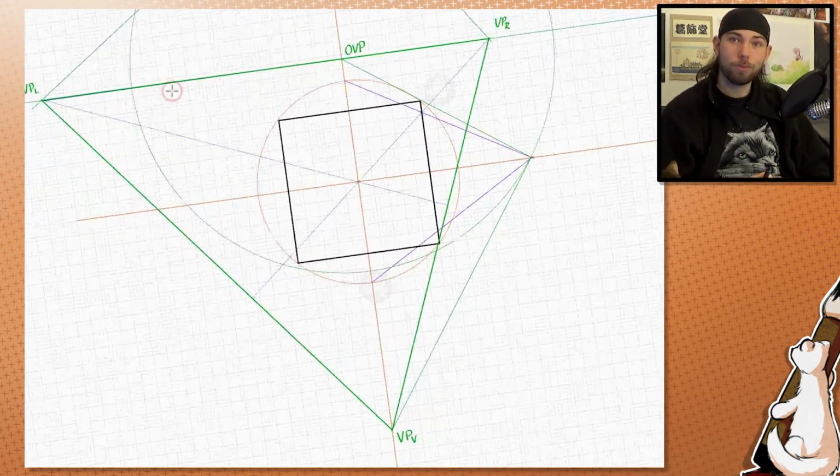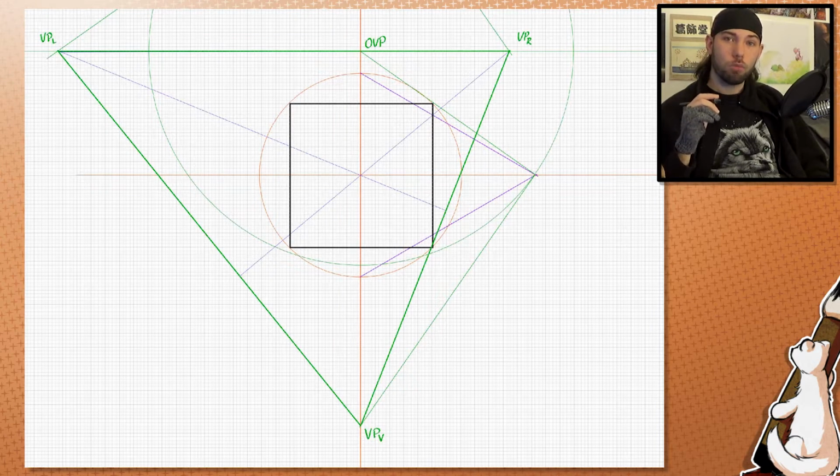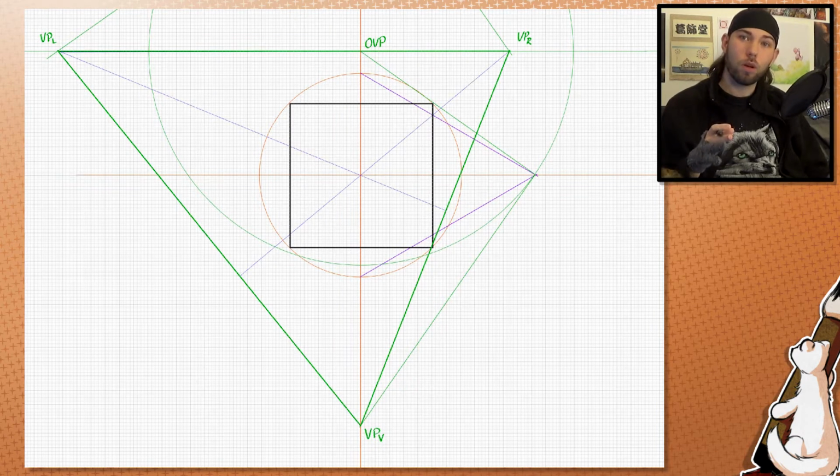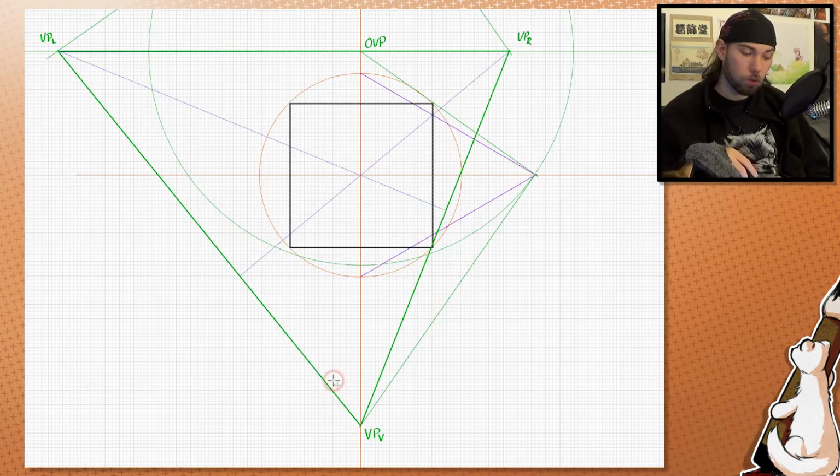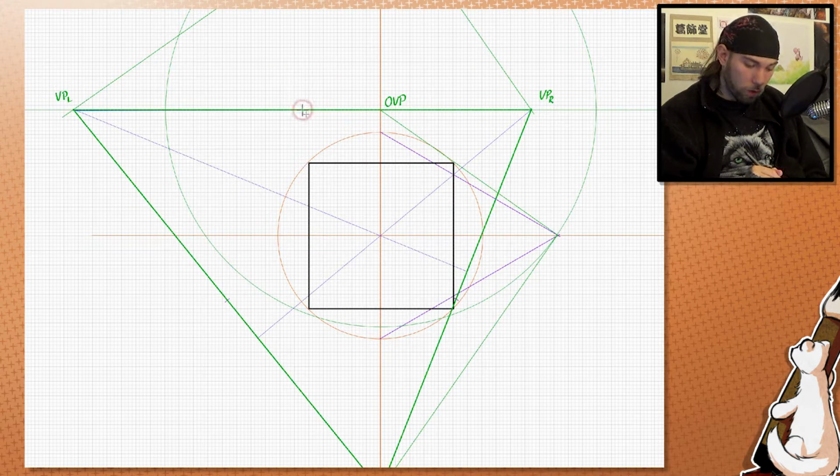As simple as that. Now let's finally talk about how to find your measurement points, because we still don't know how to draw things accurately. And for this we need to find where the middle points of these horizon lines are. And for this I'm just going to quickly measure it and then calculate it. You can also just draw it by drawing some curves like that here and there, but I'm not going to do that. Okay, I did a jump cut and found already all 3 middle points,